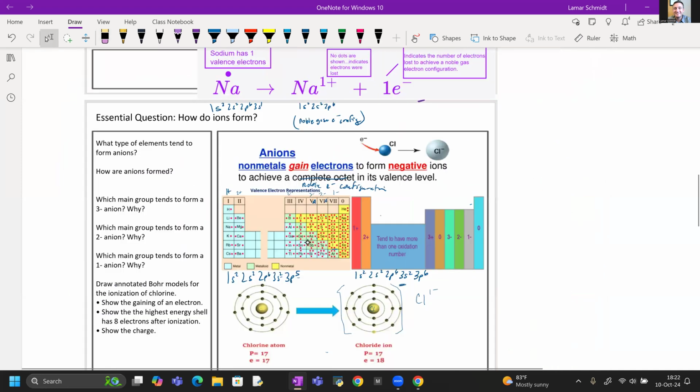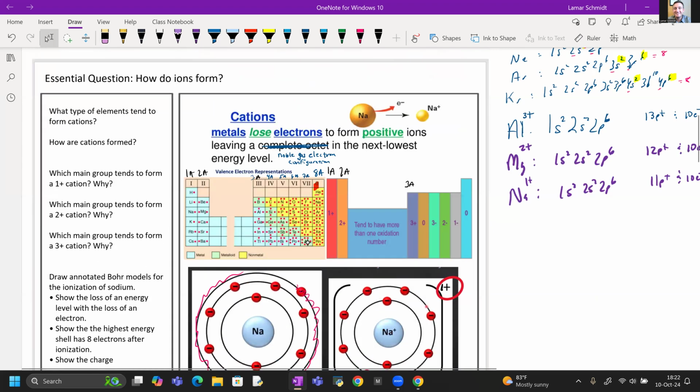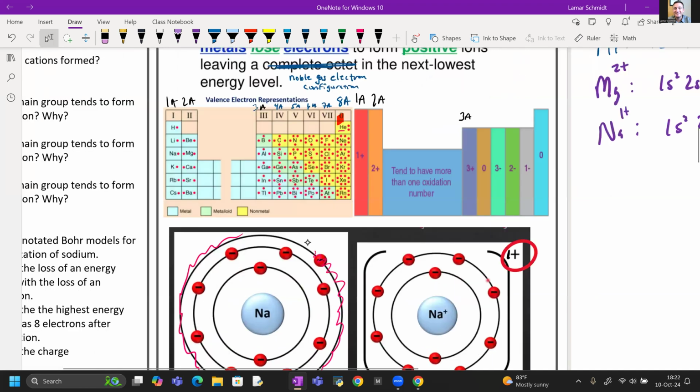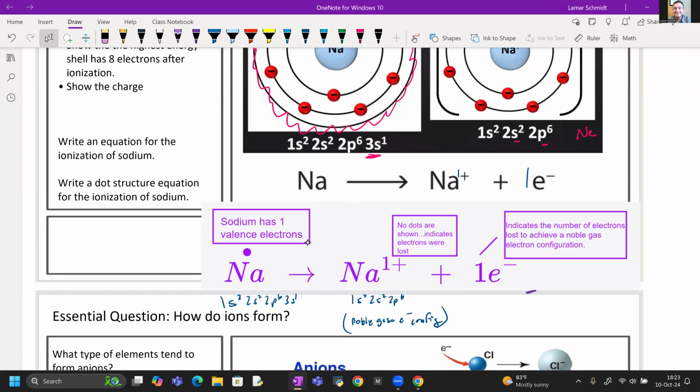Now we move into the next part, and that is going to be looking at how to write our equations. So we want to show an equation for the ionization of sodium. So sodium is going to end up losing an electron. So what we're going to do is show sodium as an atom. We're not going to show this from an energetic standpoint, but we're going to show sodium as an atom. And then energy is inserted, and the electron is ejected,